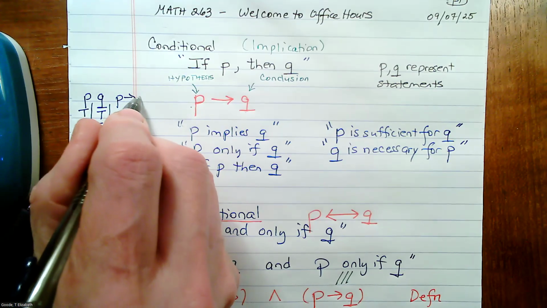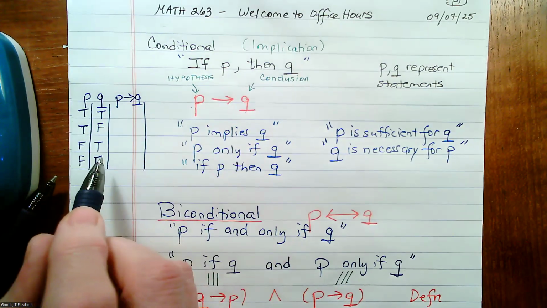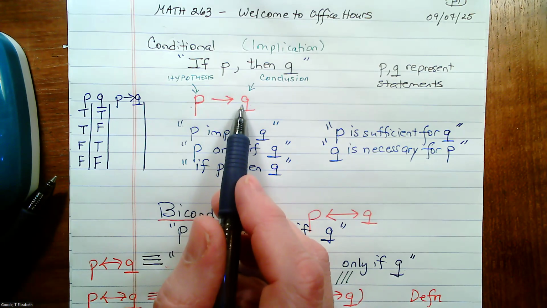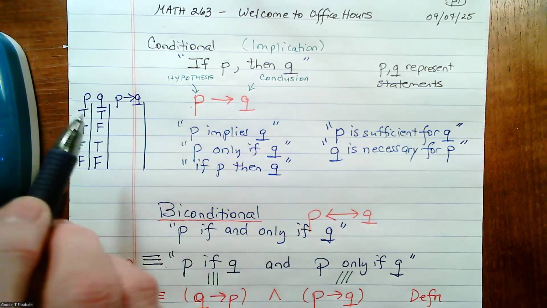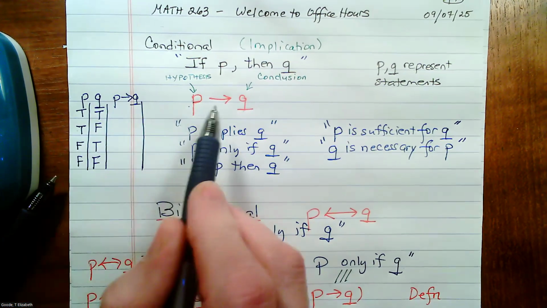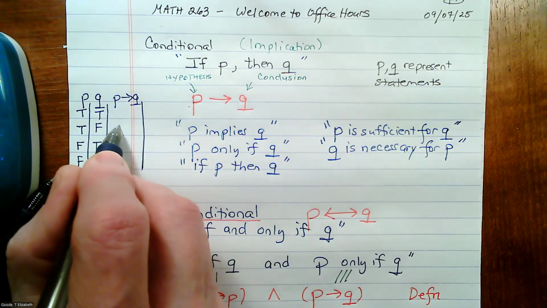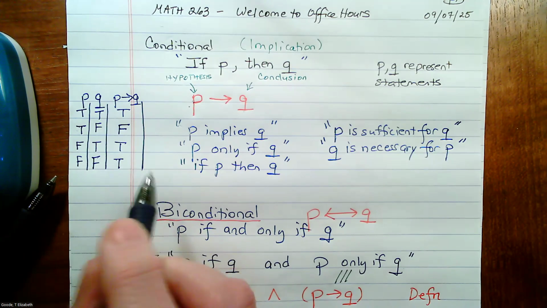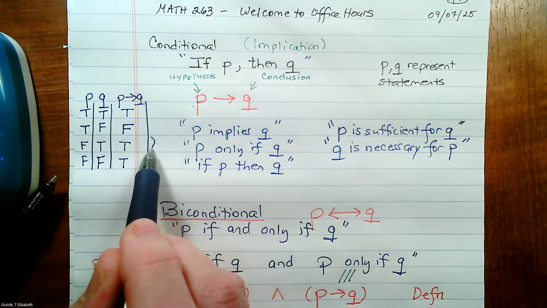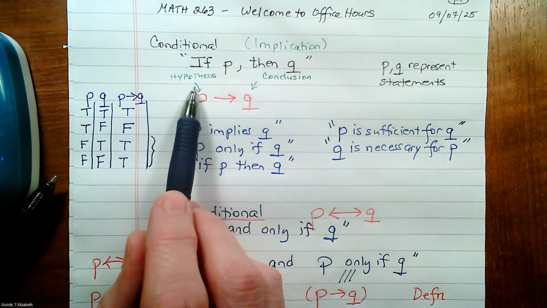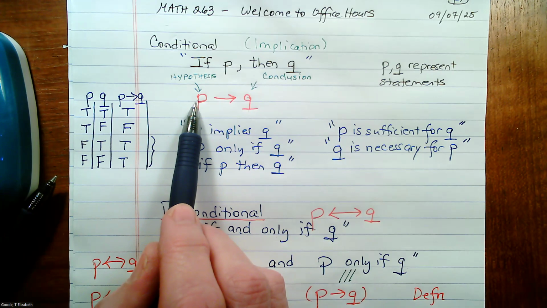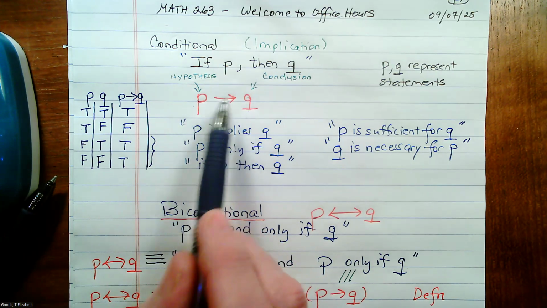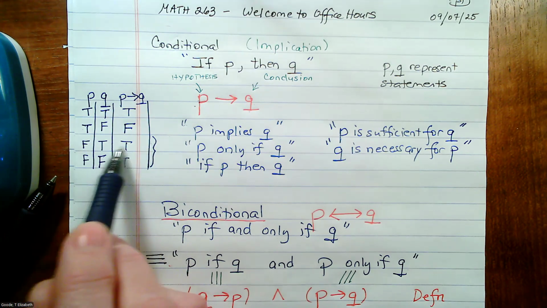Well, if P then Q is interesting because the rule is this will be true most of the time. In fact, it's easier to say when it's not true. It only fails if the hypothesis P is true and the conclusion Q fails to follow. This is the only time if P then Q fails. In all the other rows, if P then Q is true. And the way to think about these two in the third and fourth rows is, hey, if the hypothesis is false, then it doesn't really matter whether Q is true or false. The if-then will be true by what we call false hypothesis in these two rows,